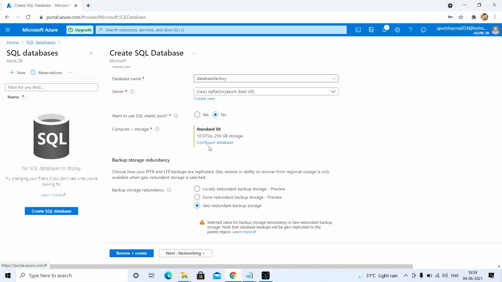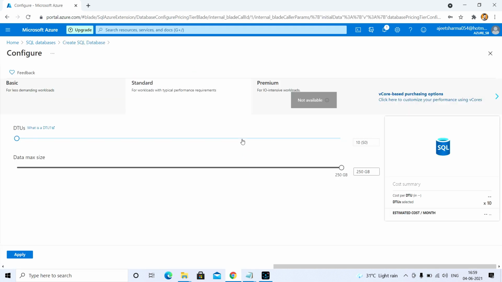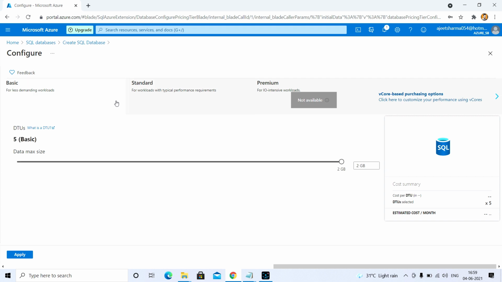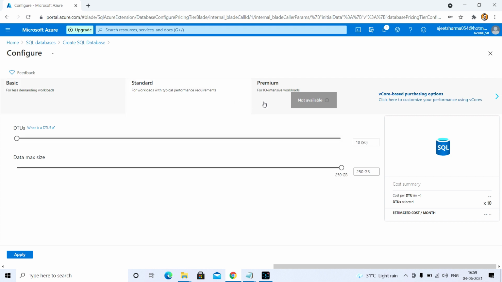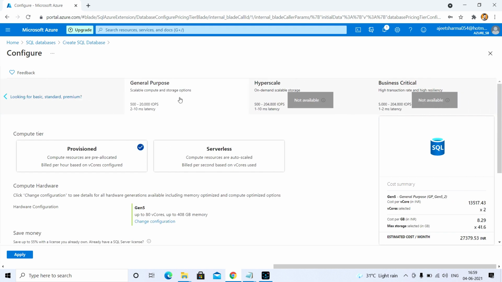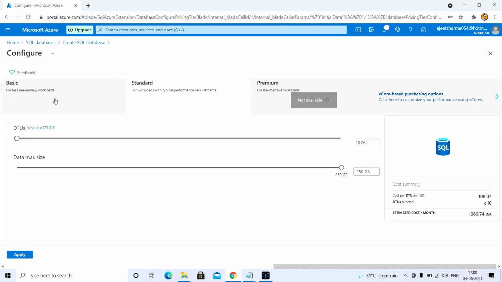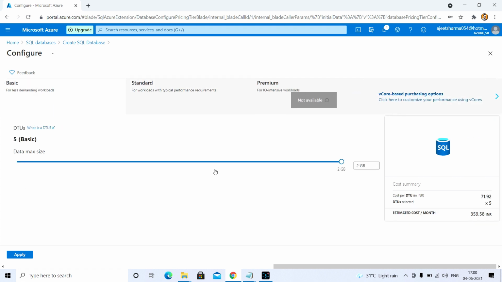Here you can configure the compute and storage. There are lots of configurations available, like standard, premium, and basic. If you go upper, according to your business critical needs, there are lots of configurations available, but in my case I'm proceeding with the basic only.